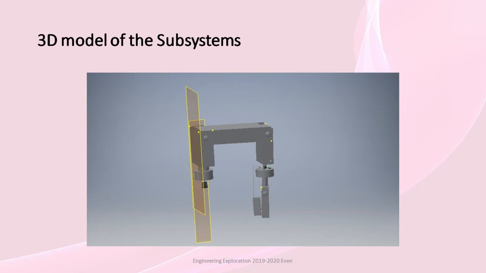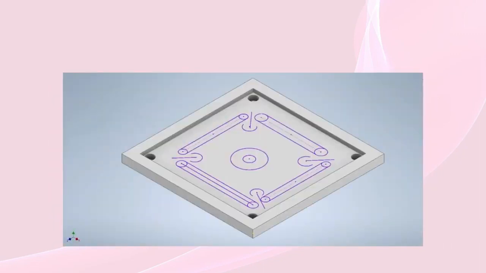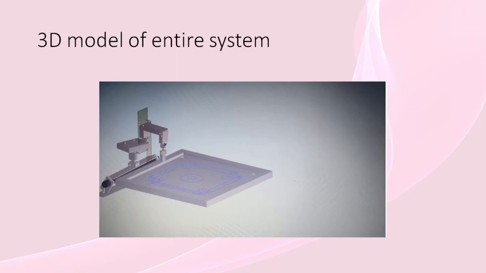So this is the first one, the striking part, and this is the wireless module. This is a buzzer, IR sensor, carom robot, and this is how our final 3D model looks. Let me take a minute and explain this. This is an important part which is used to hit the striker, and this is the rod on which the body is kept so that it can move smoothly. When the user gives an input, the striking part rotates clockwise and anti-clockwise and then strikes the striker, and it also moves left and right on the rod.